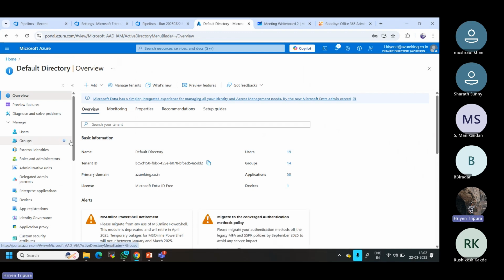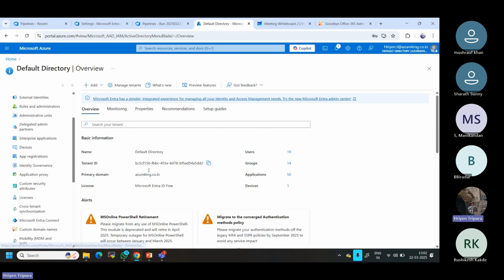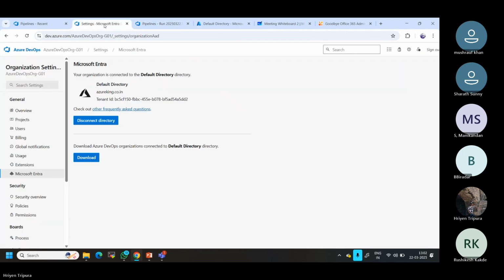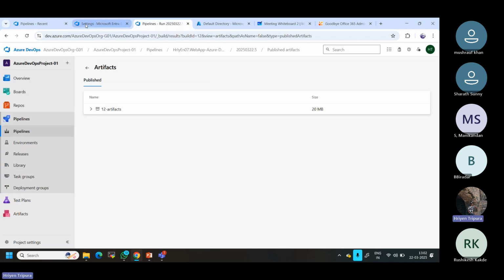Now let me go here, overview. If you see a tenant ID, this is my primary domain ID. This is everything. We can see the default name. What is the default name? This is the default directory. Same thing, as I told you, here we could see, right? Here. So now you can imagine whoever is having access